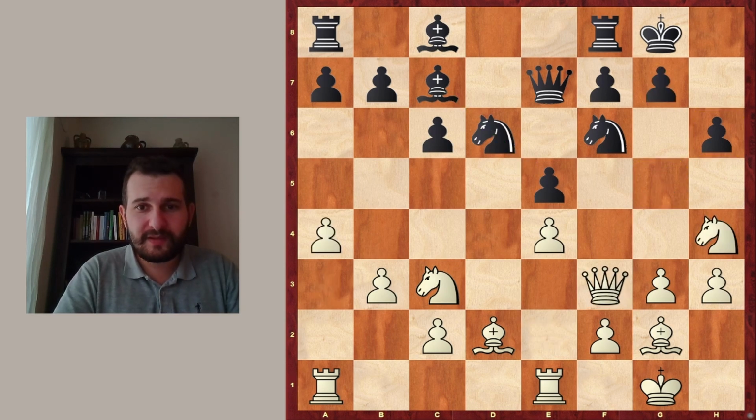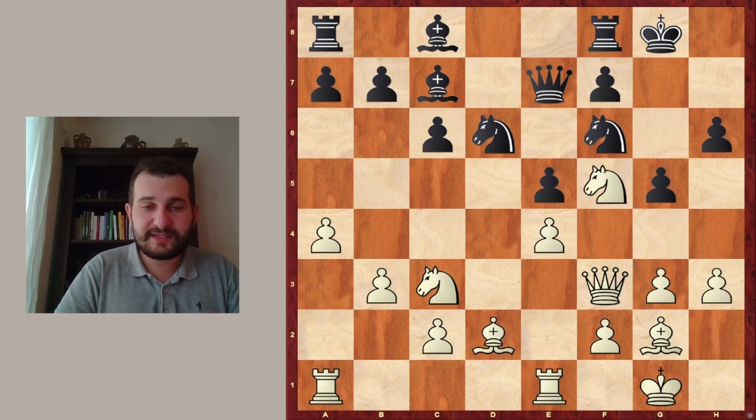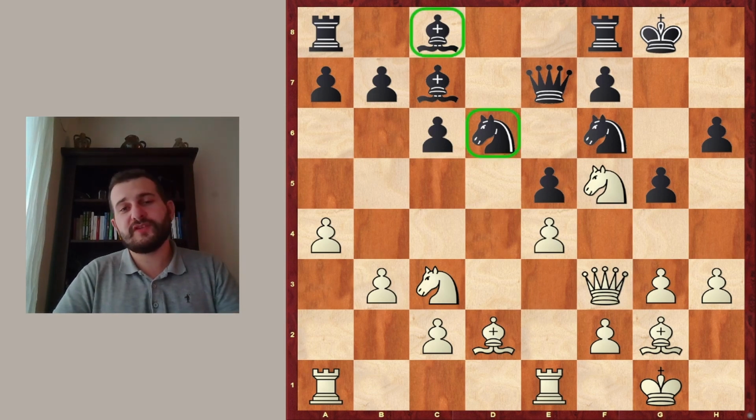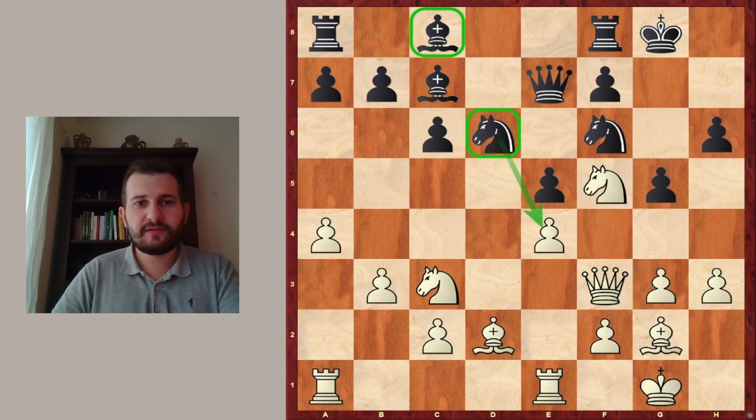a4 was played, and now comes a move which white might have missed, and this is g5. After g5, there is only one square for the knight, and this is f5. And here, black made a very interesting decision. He can either take with this knight on d6 or with the bishop on c8. The bishop on c8 has not been developed yet, and the knight on d6 is covering or attacking e4, but